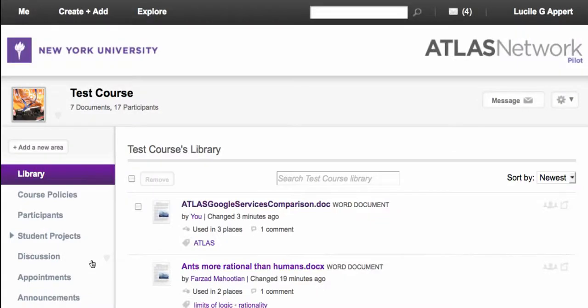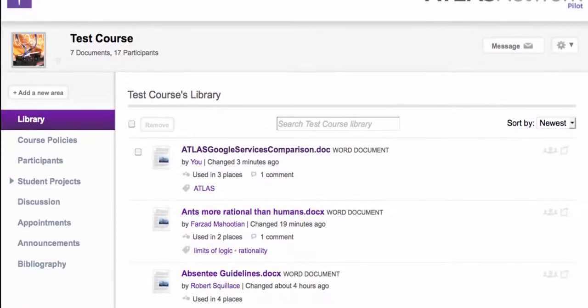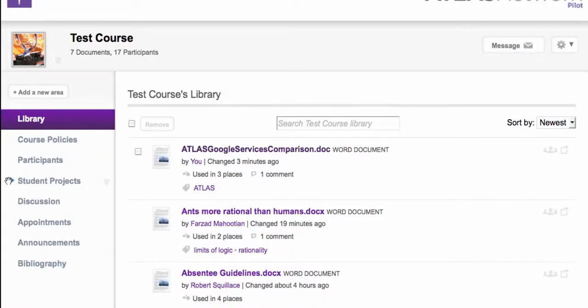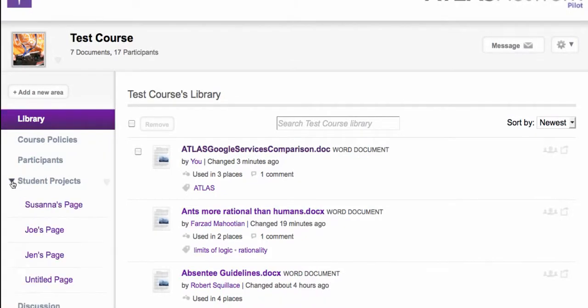The other type of groups in this environment are course groups, and we already have one created, so we're going to go take a look at this course group. So within a course group, the instructor can set different permissions for different areas. A common need in courses is for students to have the ability to add material to the course site without the instructor having to do anything.